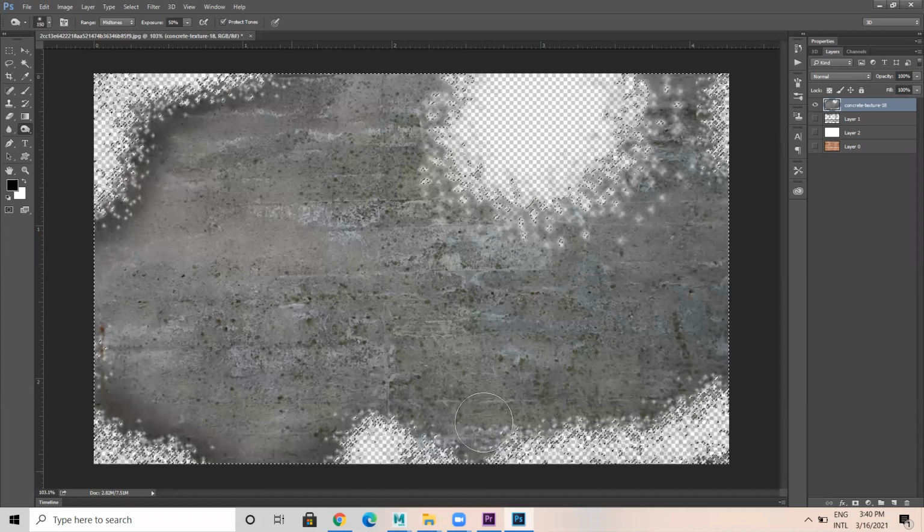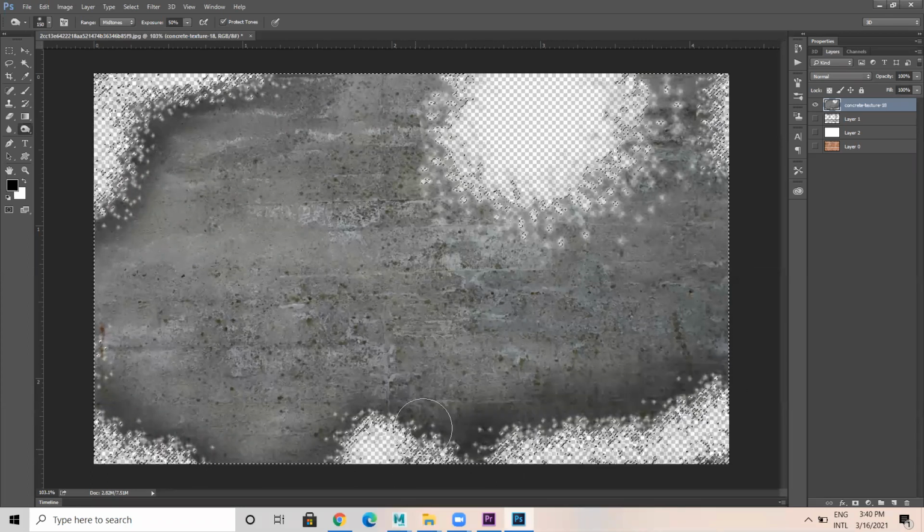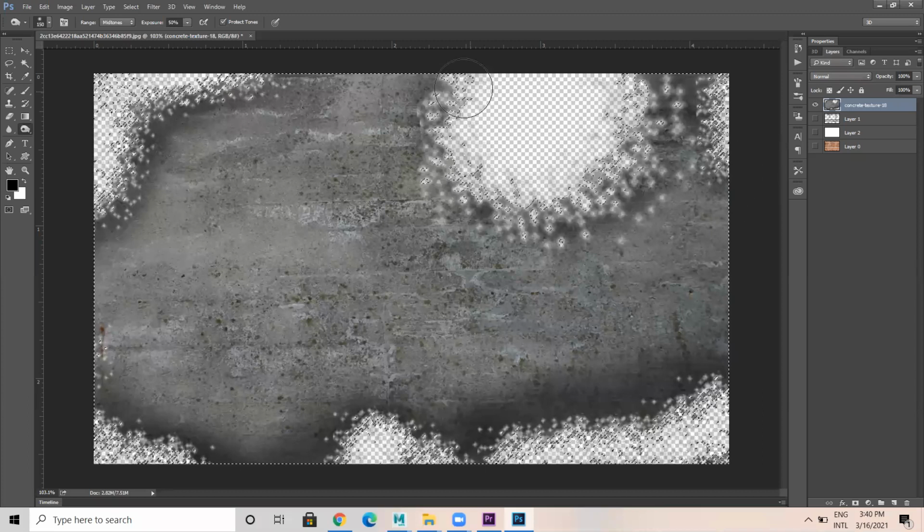Because you need to have depth actually. So that's the reason I'm burning this area. The bottom has to be more. Like this.